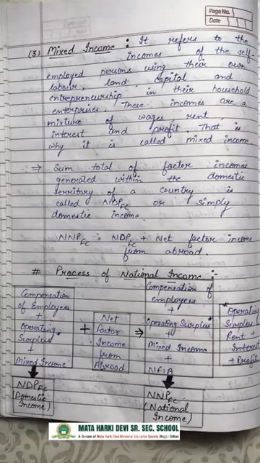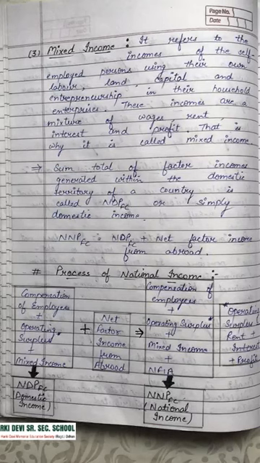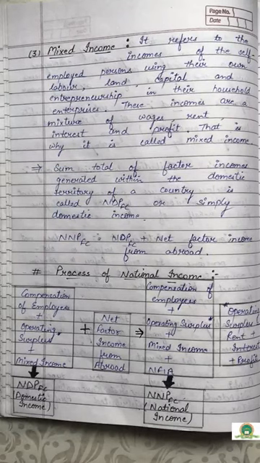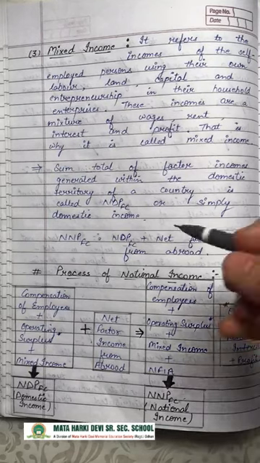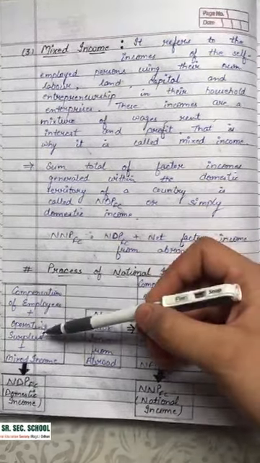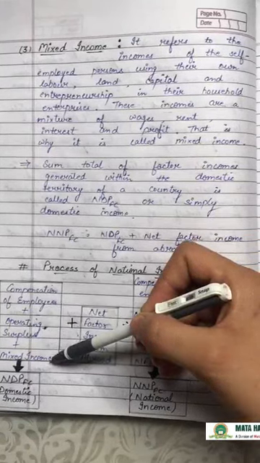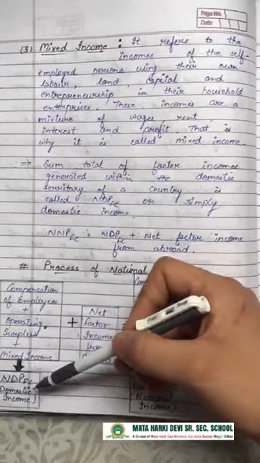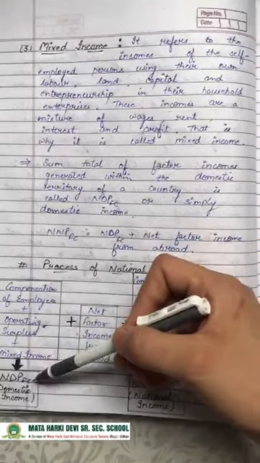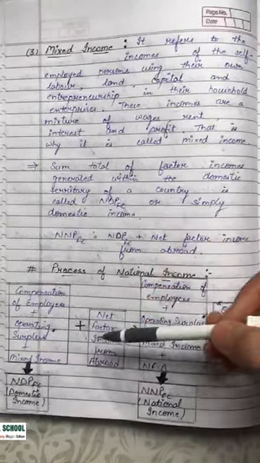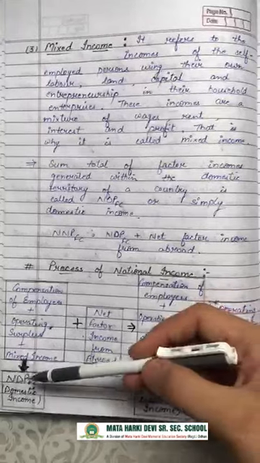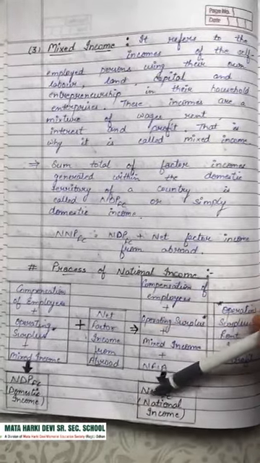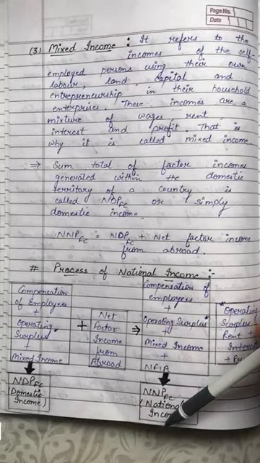So, as we are on our income method, and we already studied the theoretical concept of the income method, how to compute the national income using the income method. It includes three elements: the compensation of employees, the operating surplus, and the mixed income. By combining all these three elements, we will get the domestic income, known as NDPFC. Again, if we add the net factor income from abroad to NDPFC, we convert the D into the N, and it becomes NNPFC, or national income.